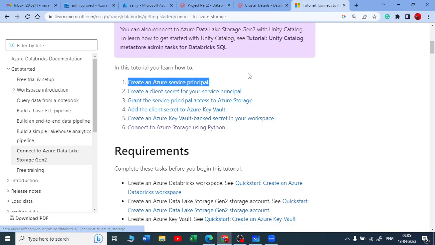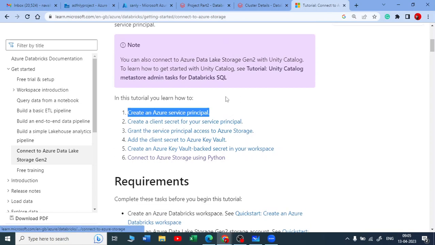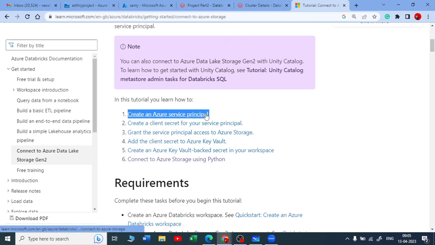For that, I have a YouTube video. I'll just share the link for this. You can easily find it and see how it helps us to create the mount point very safely and securely. But now, if you are talking at an advanced level, Databricks has got a new feature called